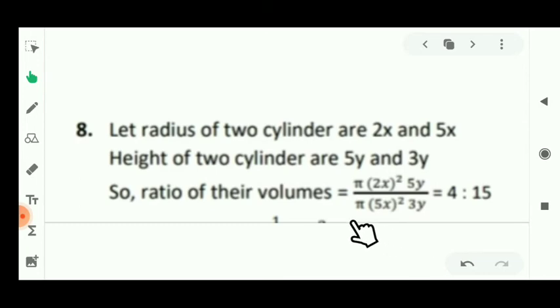As you know, students, the formula of volume of a cylinder is pi r square h. So for the first cylinder, it will be pi (2x) whole square multiplied by 5y, and the volume of the second cylinder will be pi, radius will be 5x square and height will be 3y. So in the last, when we find the ratio of their volumes, we have to divide them: volume of first cylinder divided by volume of second cylinder. After solving it, its value will be